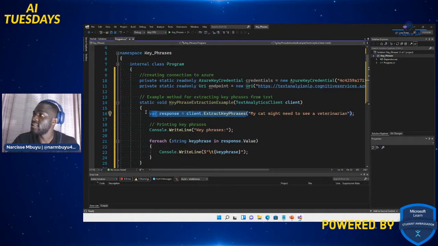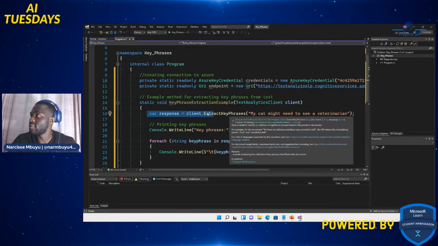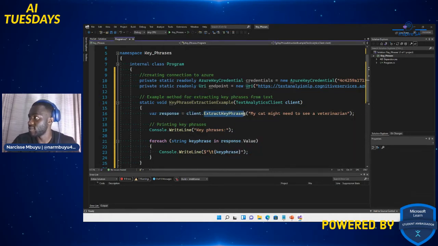Now this is what I want to extract the key phrases from, basically the statement that I want to extract the key phrases from. So this is the method to extract the key phrases: "My cat might need to see a veterinarian." And then after extracting the key phrases, I just say print, I want to output it.